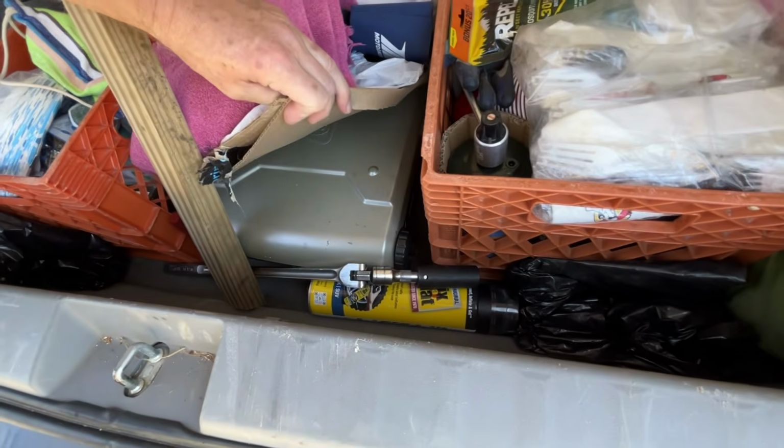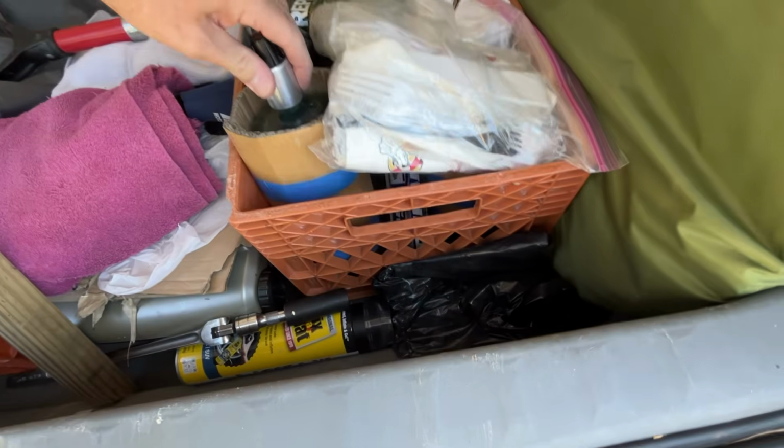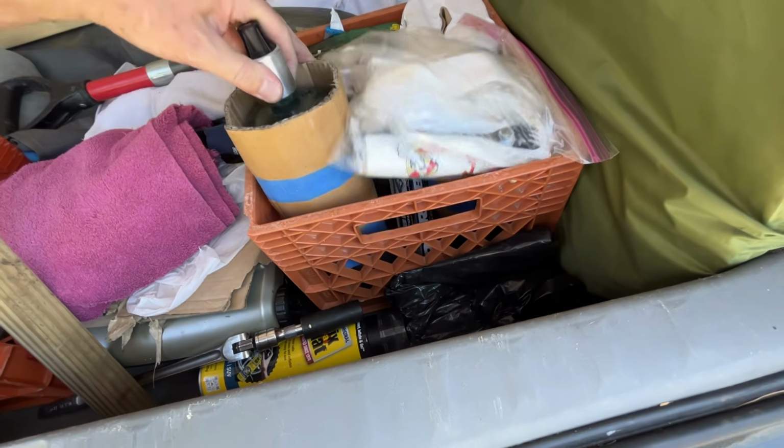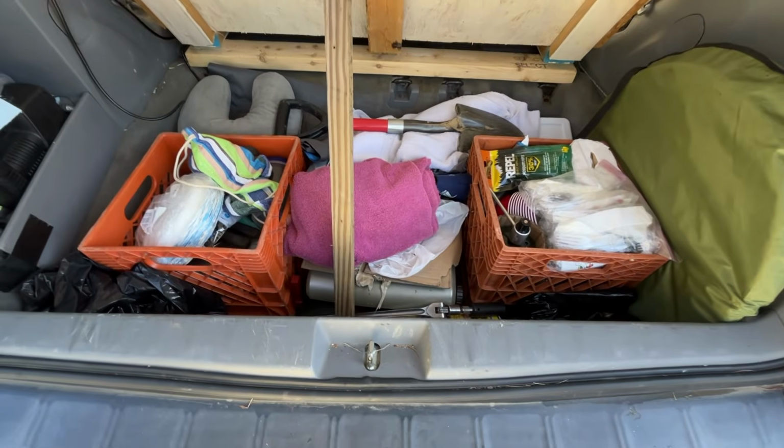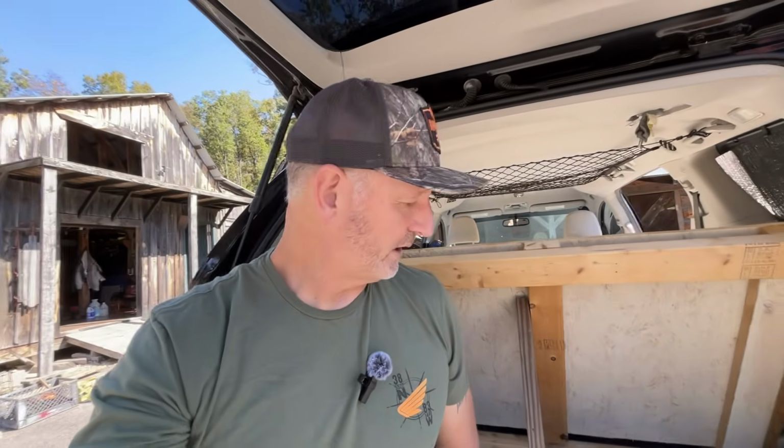I got my Coleman cook stove down here, my propane tank. What I do is I just wrap them in cardboard so they don't rattle around. I've got my portable toilet. But anyway, this space here is perfect because a lot of this stuff you don't need all the time, or even most of the time, really. So you can have your mattress and camping setup ready to go, which is really convenient,